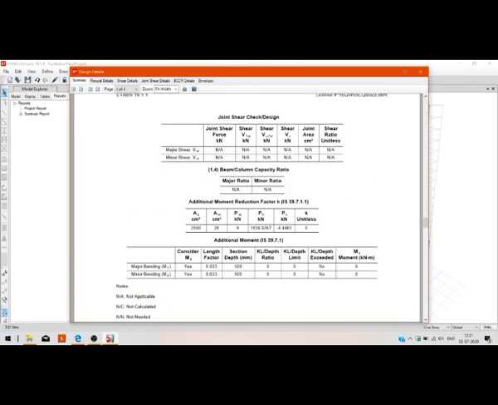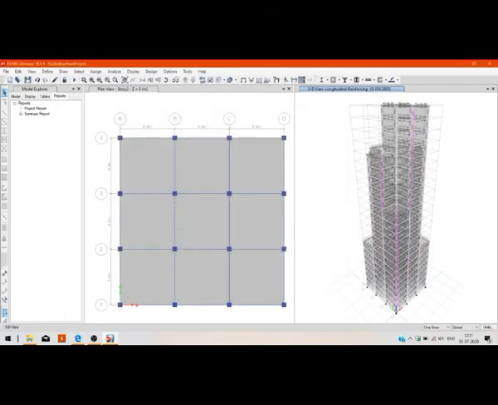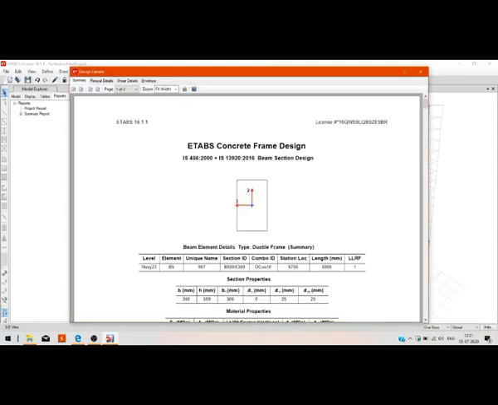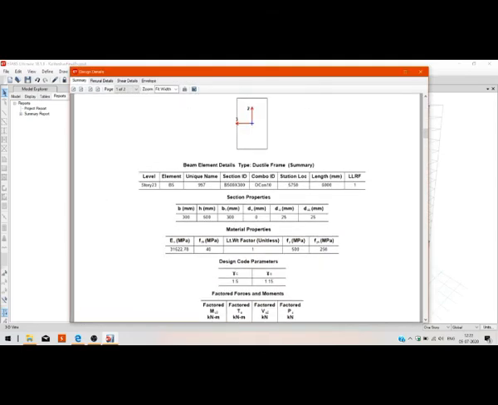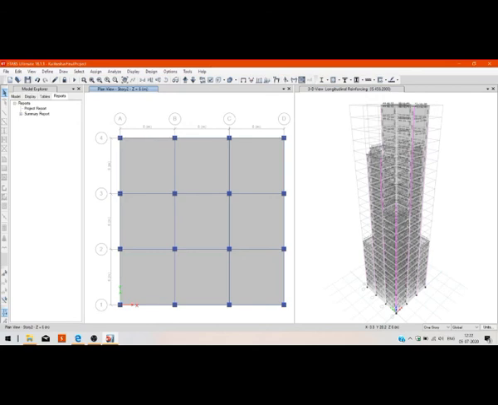The design has been done. A window has opened with the details of the design, and similarly as we have seen in the earlier designing, the reports, section details, force and reinforcements can be seen by right clicking on the beam or column.